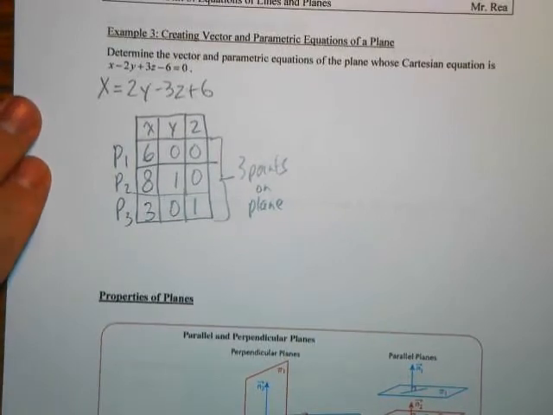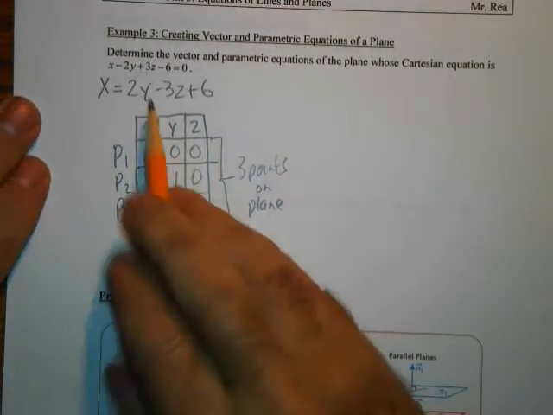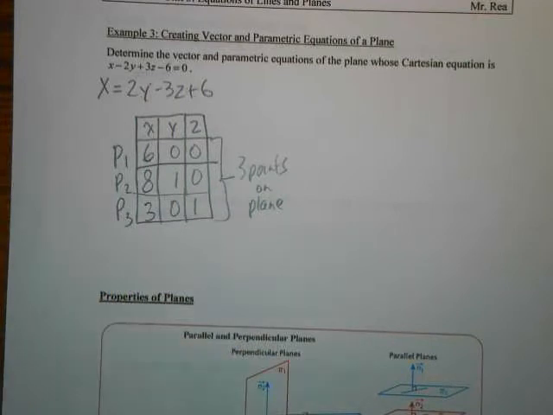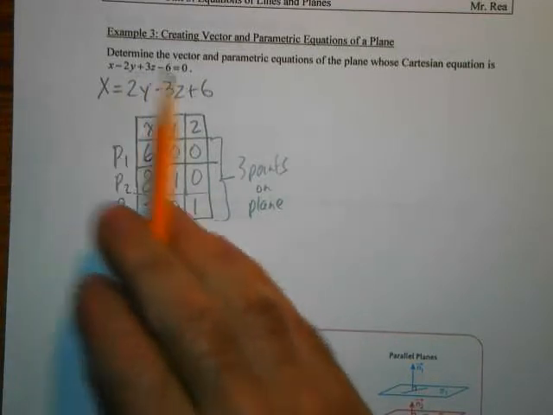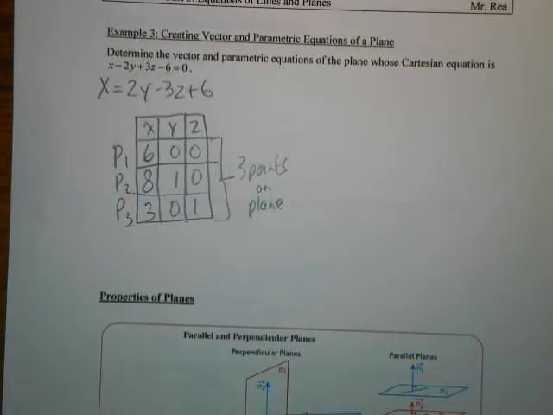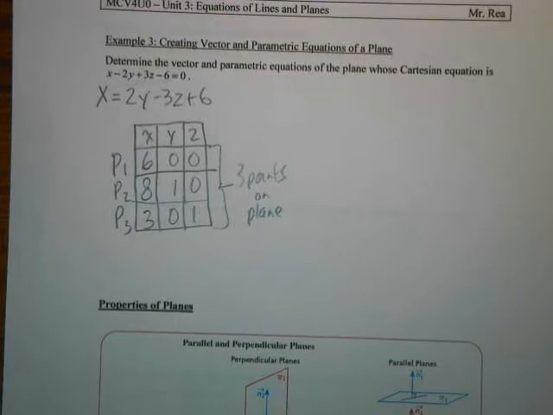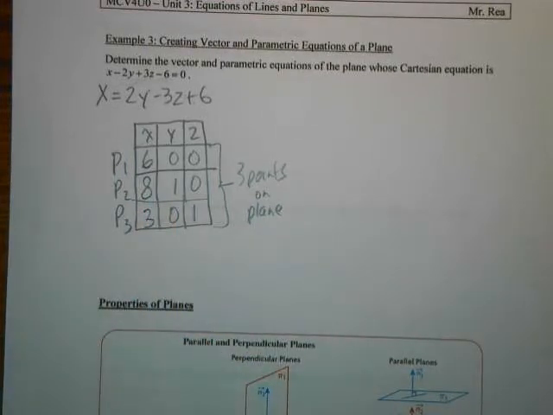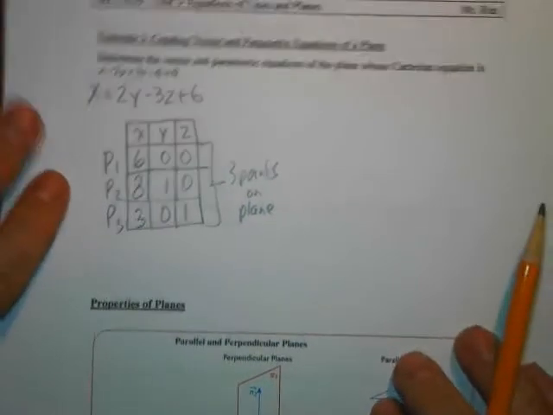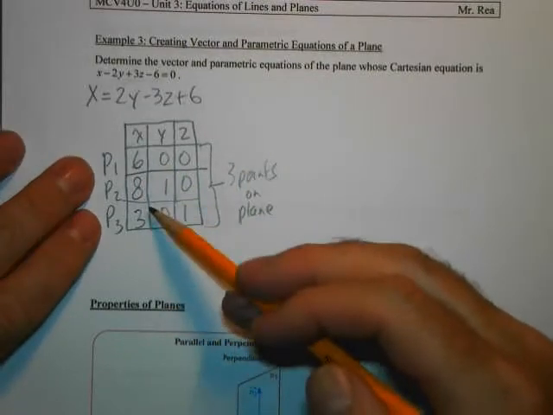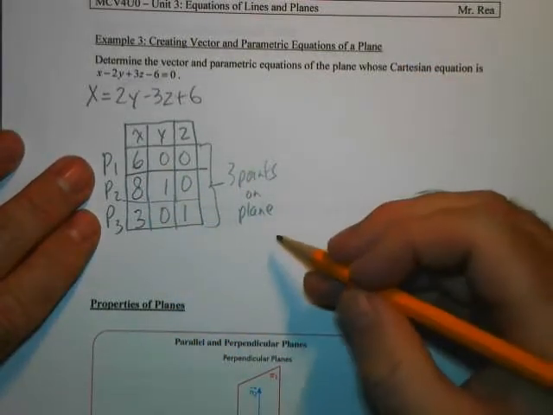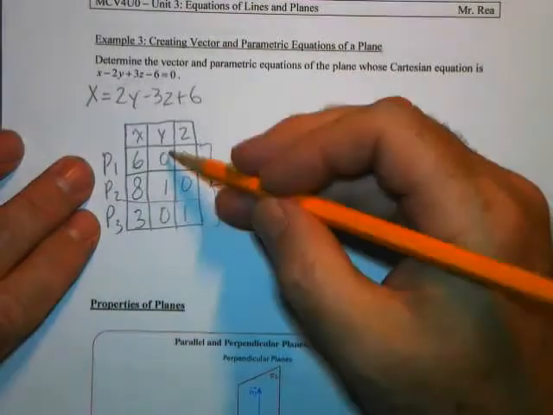Okay, and that's pretty much the way you have to do it. So hopefully you have a Cartesian equation where you can isolate for one of the 3, x, y, or z, and then just pick arbitrary values for the other 2 to come up with a combination of points. Okay, so now that I've got these 3 points, I can create 2 direction vectors between a combination of these